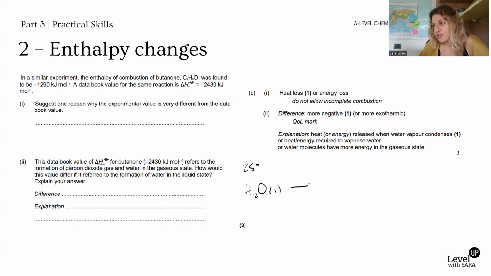So remember that there is a change between the water in a gaseous and a liquid state. This is called enthalpy change of vaporization. In fact, it's going to be more exothermic, more negative. Because if you go from liquid to gas, you're breaking the hydrogen bonds, so it's going to be an endothermic process. But in this case, the direction that it's asking is from gaseous state to liquid. So it's an exothermic process, because you are instead making these hydrogen bonds. So energy would be